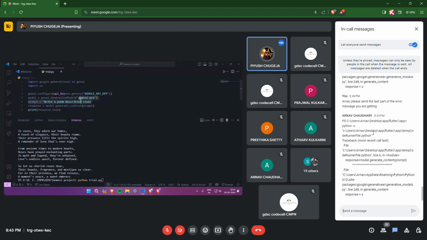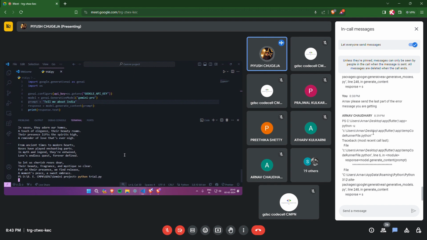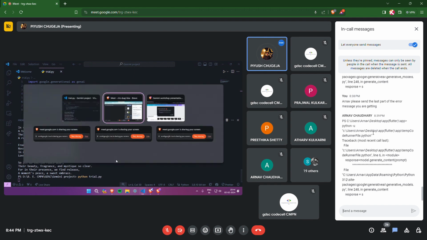Might as well change roses to, yeah, let's change the entire prompt. Tell me about India. Yeah, let's see how that works. Now we have typed python trial.py to run. We are not using the button. For those of you who are not using VS Code, you can just do this, hit enter, and it will run your script just like it did earlier.